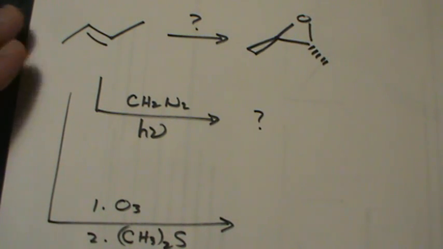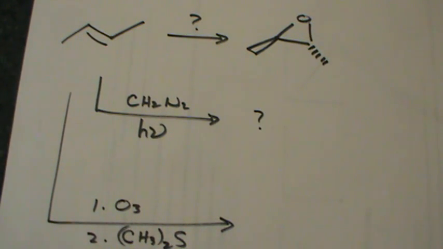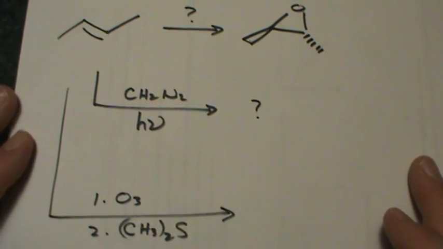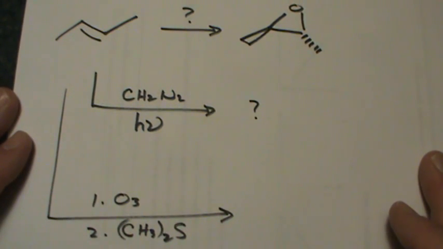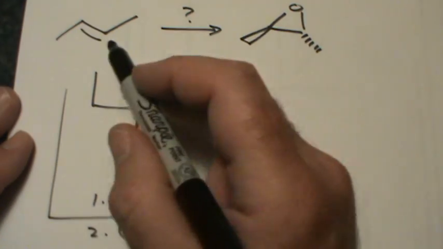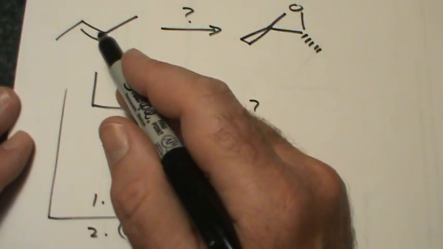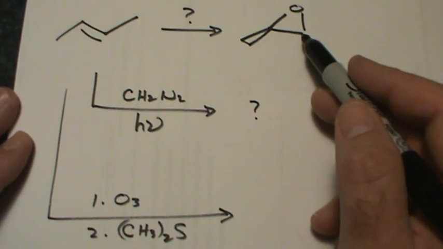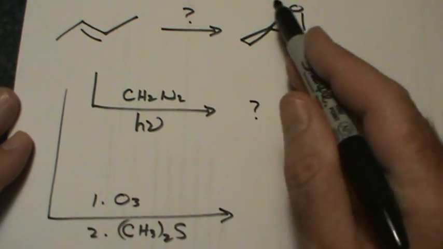We're going to wrap up now by looking at a couple more problems, the sort of problems you might see on an exam. These are predict the product and/or reagents that are required to show the desired product. But basically I refer to them all as predict the product type problems, even if it's the reagents that we're predicting. So for example, here we're starting with this trans-2-butene, and the question is, how would you make the oxirane